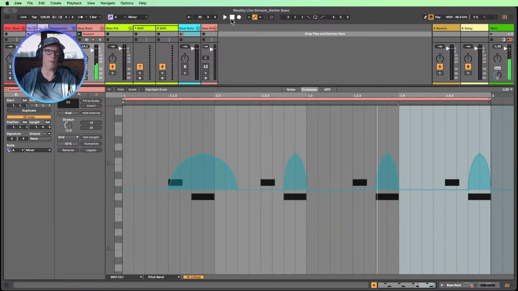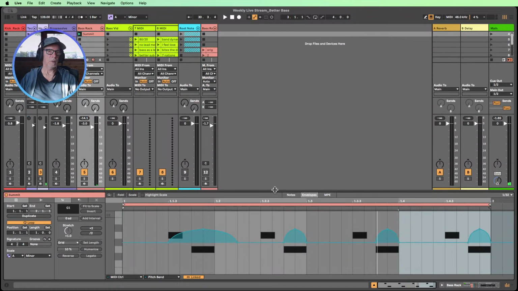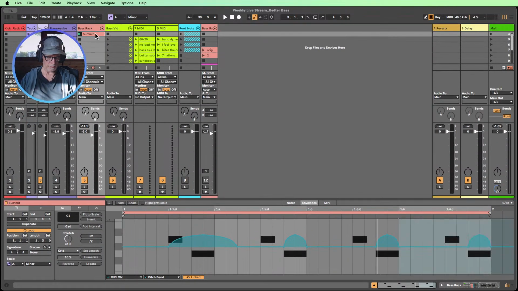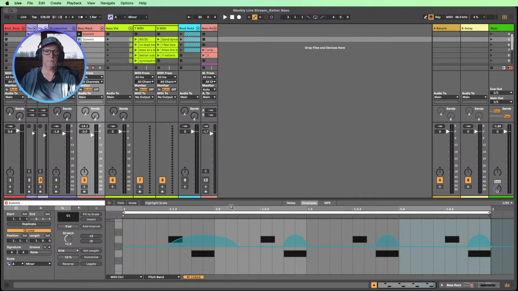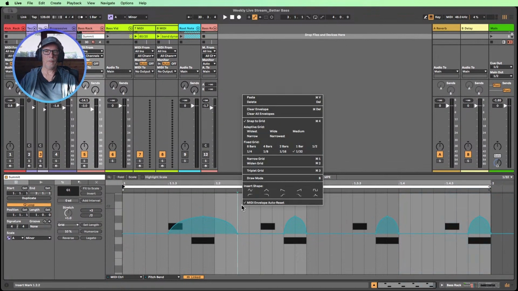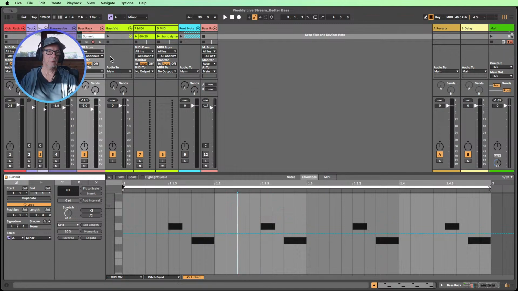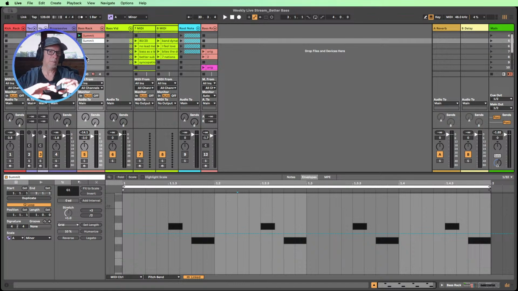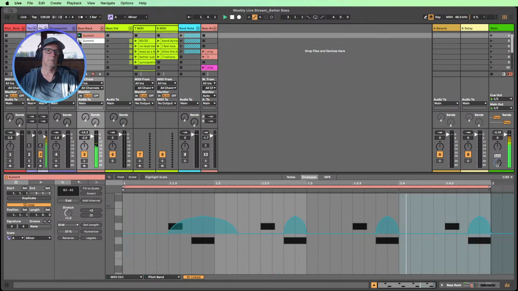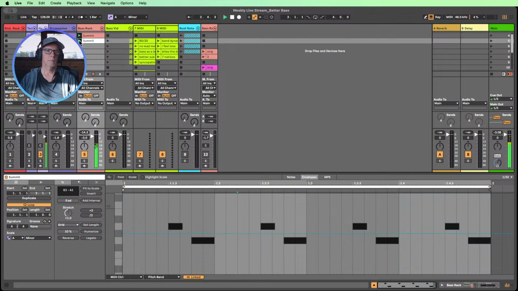So if we do an A/B test on that, and we bring that down, this one, the white clip, we'll turn that off. So we'll clear that envelope. See if we can feel and hear a difference to whether that is more rolling because it's bending in pitch as the notes are bending up and coming back down. Again, quite different.